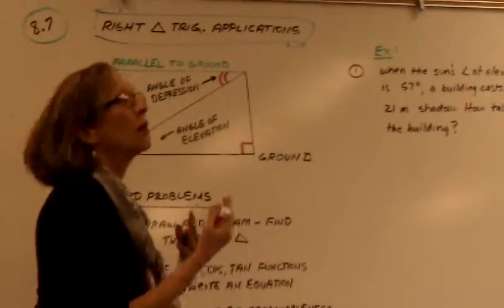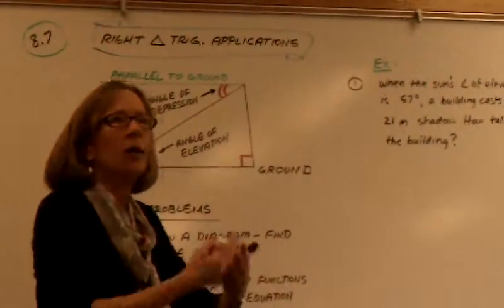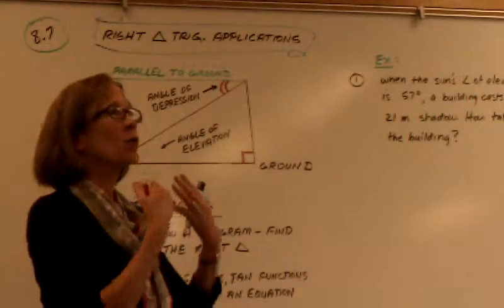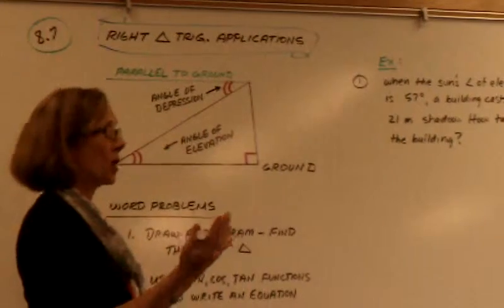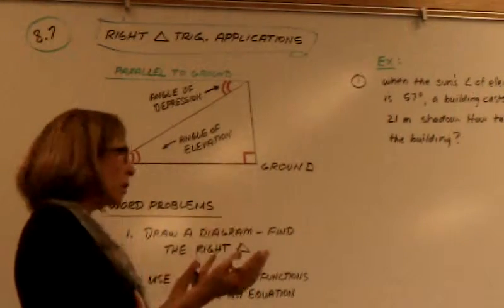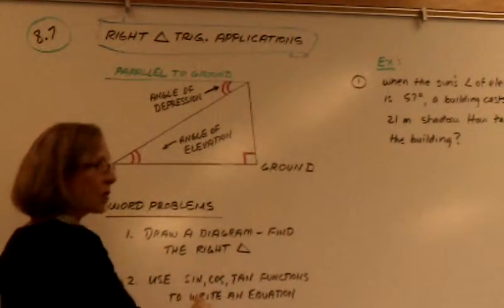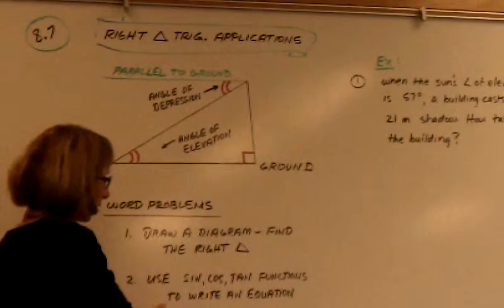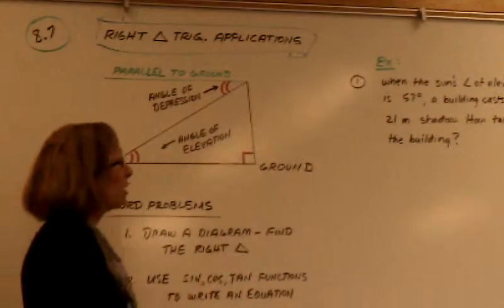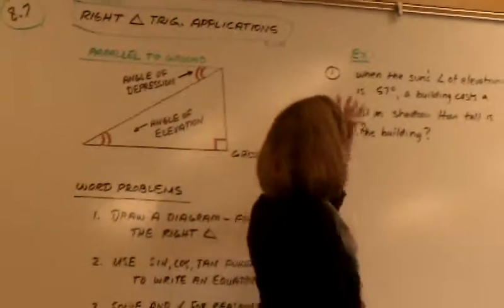So it's all about reading the story, looking at the diagrams in the book, finding the right triangle that's in the description. Somewhere in there's a right triangle. Draw it, sketch it, label things, label the sides you know, the angles you know, and write an equation using your sine, cosine, or tangent function. Solve the equation, and then check it for reasonableness. So, the number